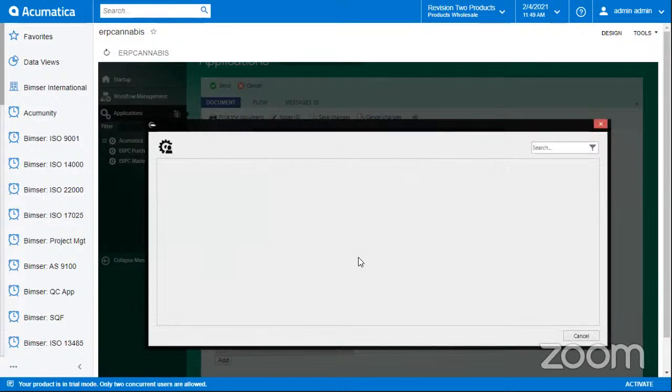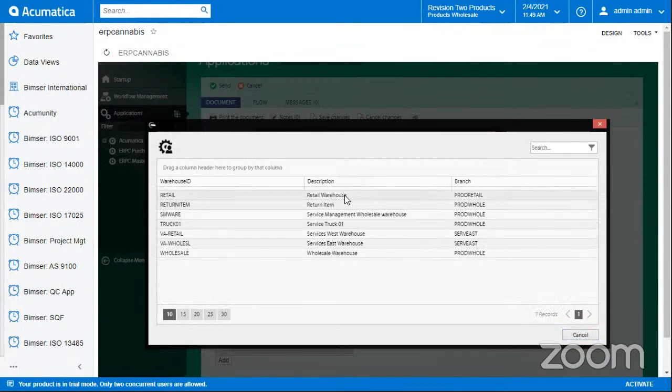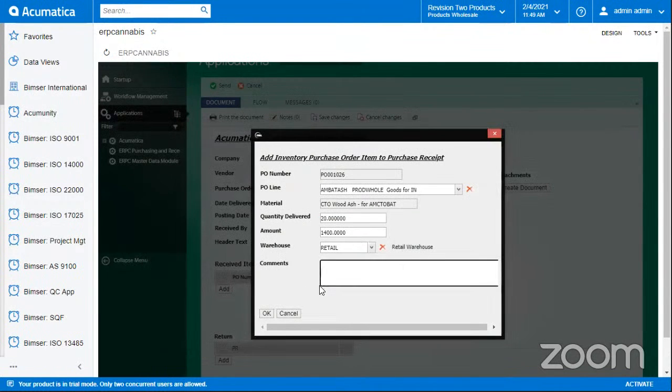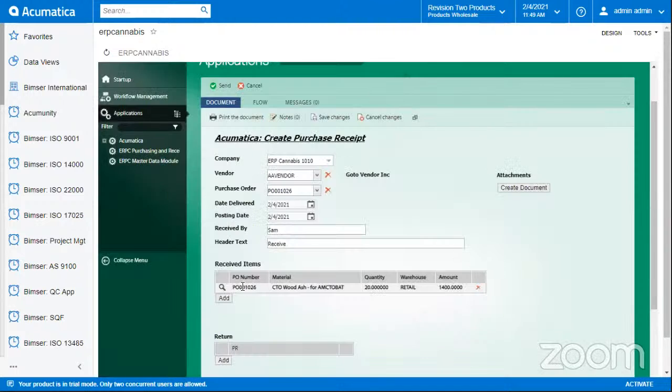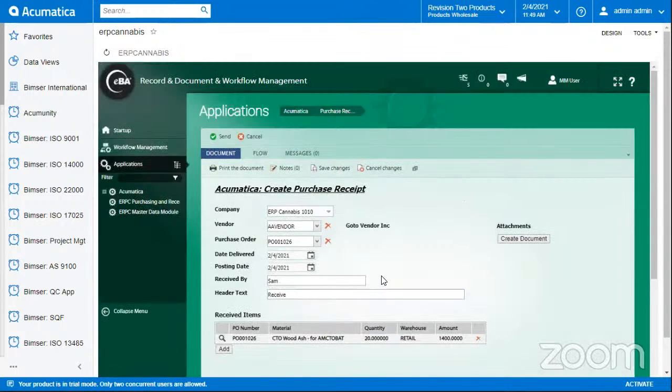And we can also pick and choose the warehouse from the list, which are all the warehouses that we have in Acumatica ERP. Then we can put any comment in an open text field. And then the received item will be added into our application.